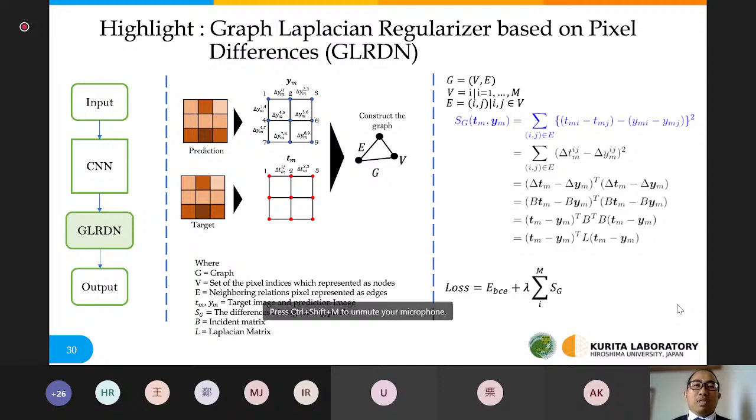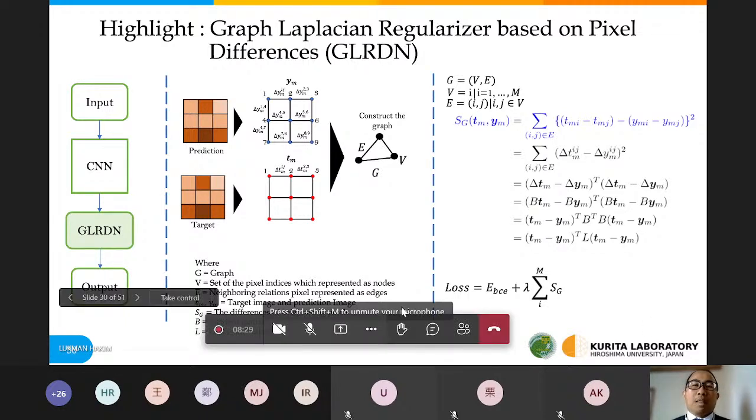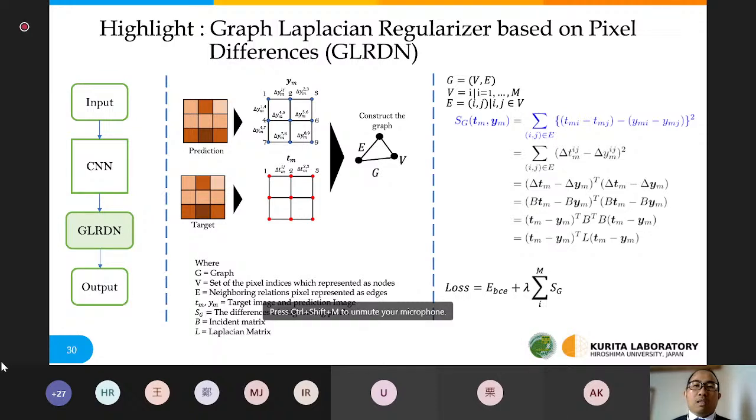Then from this graph, we define the differences of neighboring pixels, SG. SG calculates the difference between the difference of one pixel with its neighboring pixels in the target image, and the difference of one pixel with its neighboring pixels in the prediction image.